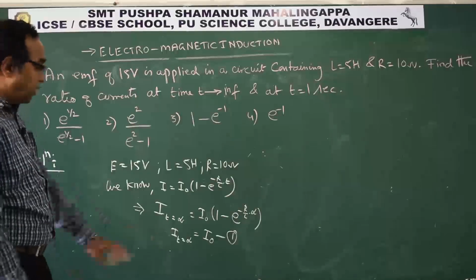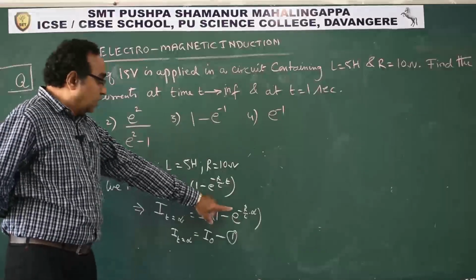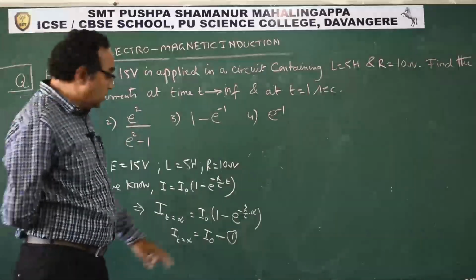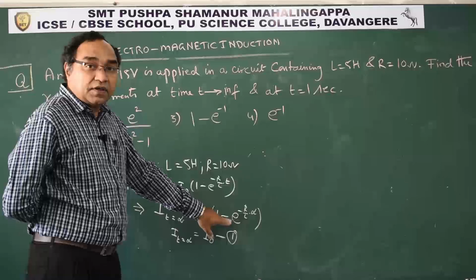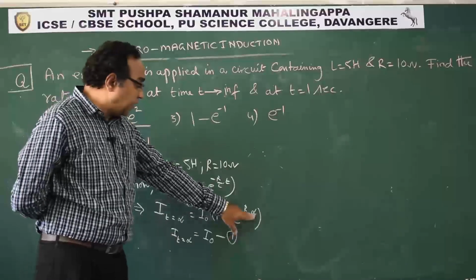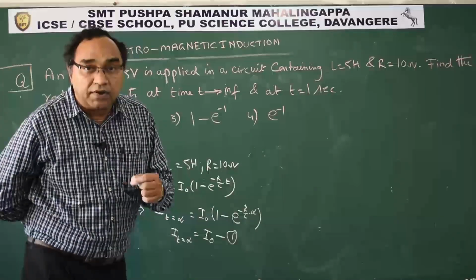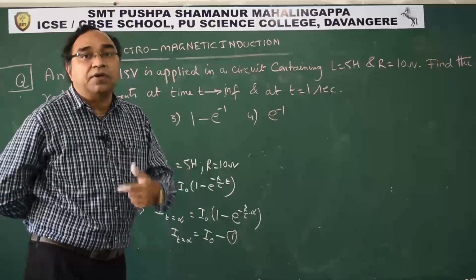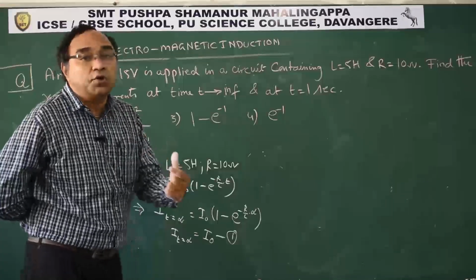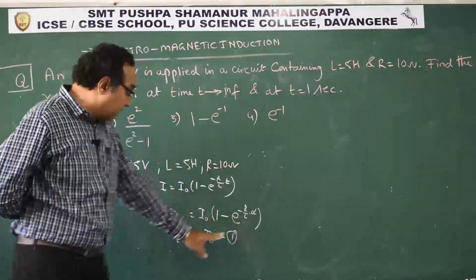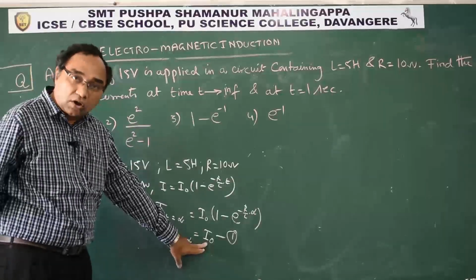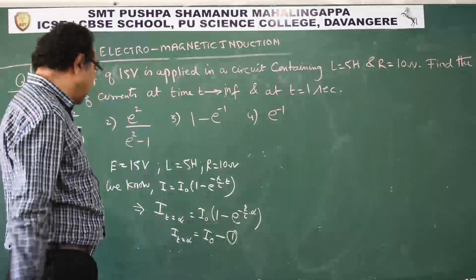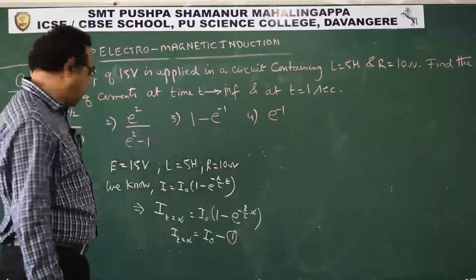The second one, how did we get that? Please see here. Negative power of any function means reciprocal. So it will be 1 minus 1 by e power R by L into infinity. Anything to the power infinity is a very big value. So 1 upon a very big value will be a very small value approaching 0. So 1 minus 0 gives you 1. That is exactly how we are getting it as I naught. This is an approximation which we are finding. That is why it says t tends to infinity.